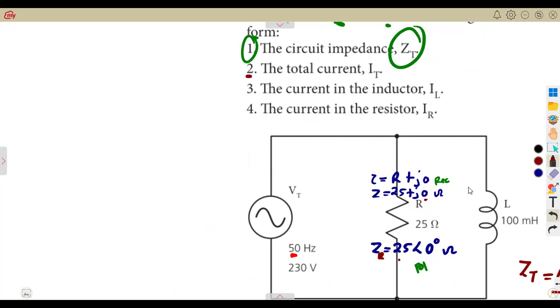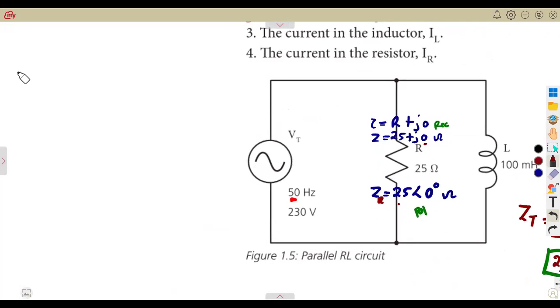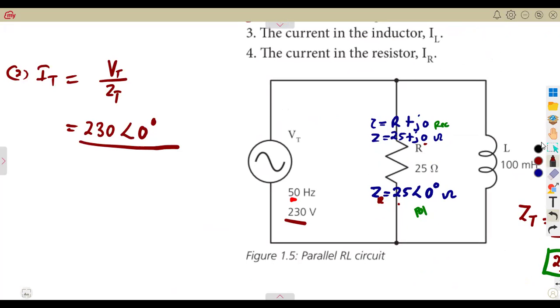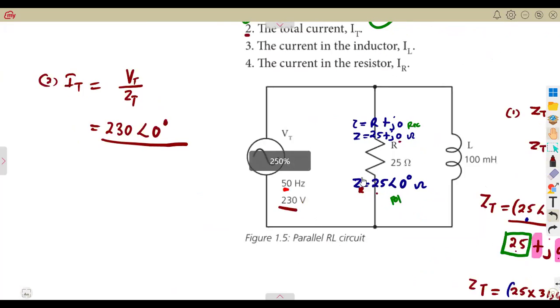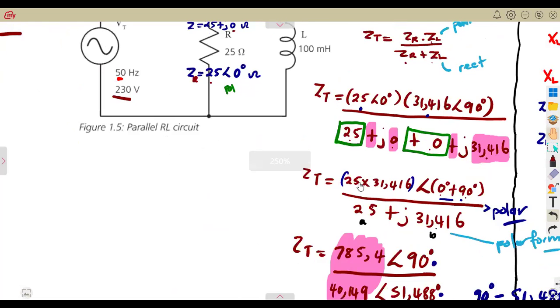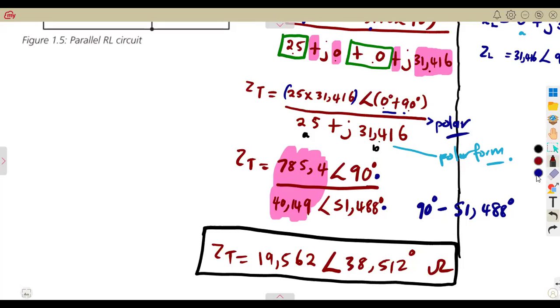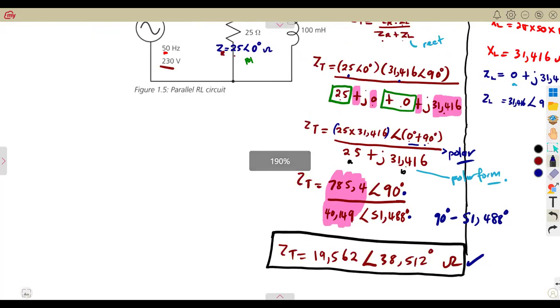So how do you calculate the total current? Since we have got the total impedance, we can calculate the total current. Remember that total current is the total voltage over the total impedance. So the voltage is there, 230 volts at an angle of what? The angle is going to be 0 degrees. You divide by the total impedance already. This is a division, and I said division is best in polar form. So you're not going to have your Z in rectangular form unless there's a part where you need to add. So you need to take your Z as it is in polar form,